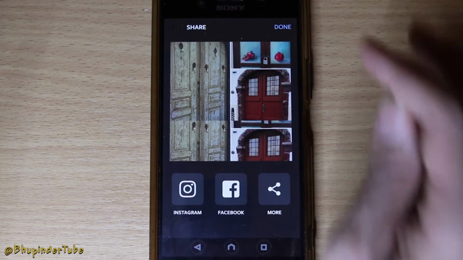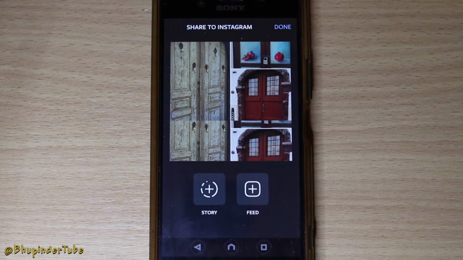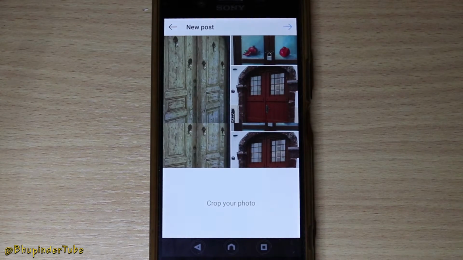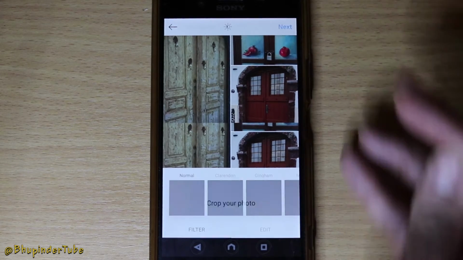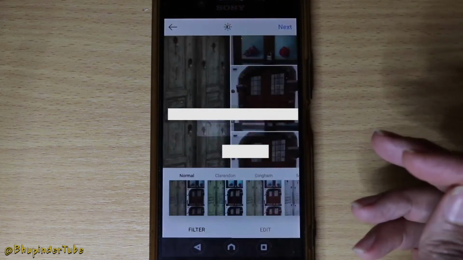So before pressing done, you can just share it by choosing Instagram or Facebook. You can choose between feed or story. Let's say just feed. Here it is. Do what you usually do in Facebook, and obviously you can click just next